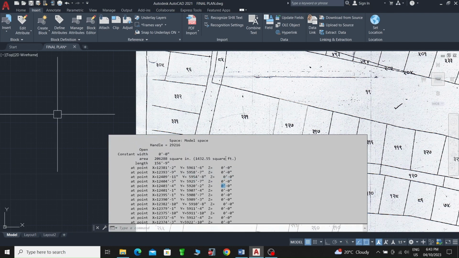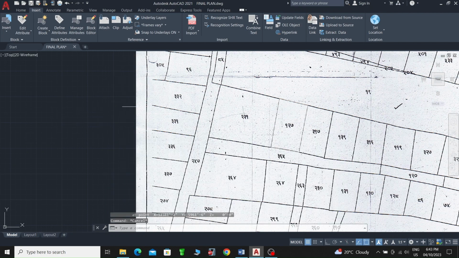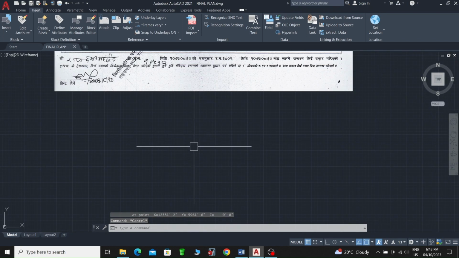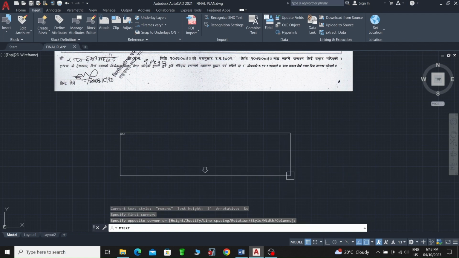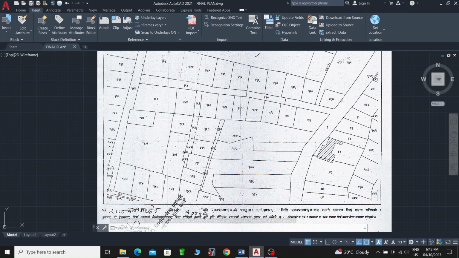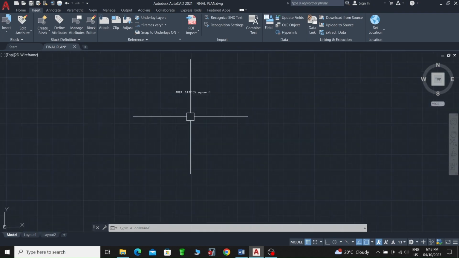Sorry, here it is 1432.55 square feet. I will copy it and write it over here, so it will be easier to see. This land plot number 127 is of area